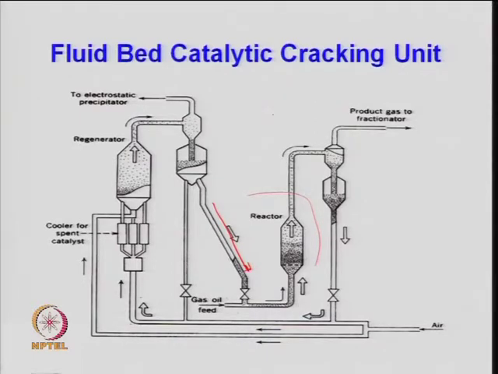Depending upon the unit, here it is a cooler for the spent catalyst, which is just to cool it down, because the temperature should not exceed 750 degrees centigrade. The regeneration is done here, and the particles are taken into an electrostatic precipitator. So, you can separate along with CO, CO2, and unburnt oxygen and nitrogen, and the catalyst is taken again, separated, and then sent back.